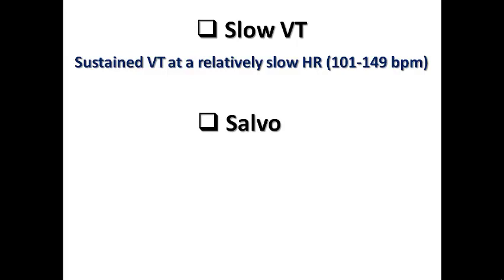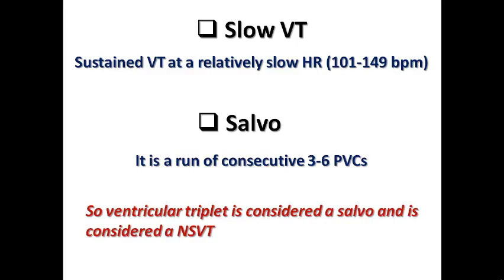We have another terminology that is sometimes used but not very commonly nowadays, which is a salvo, and salvo means a run of 3 to 6 consecutive PVCs. So it is considered like non-sustained ventricular tachycardia, as we explained before, but in case of a very short run, sometimes we call this a salvo, and it is written in some literature and some books. So ventricular triplet is considered a salvo and is considered as well a non-sustained ventricular tachycardia, and this is why I told you that we need to focus on the definition of ventricular triplet,